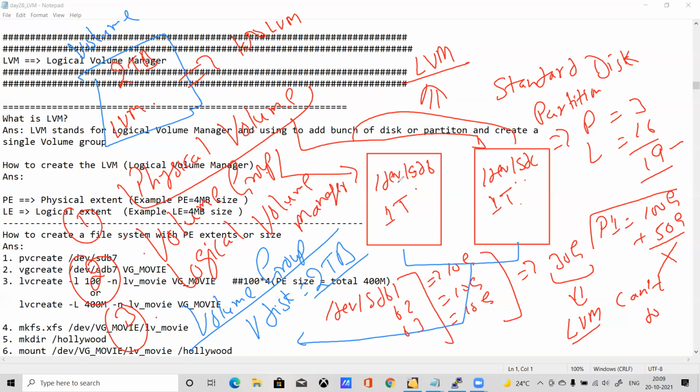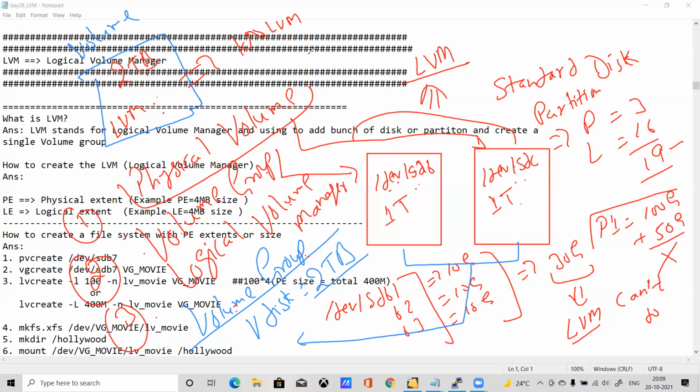Physical volume means the physical disks, your /dev/sdb and /dev/sdc. After that you create a volume group. As a layman, let's understand it as a virtual disk. On top of the virtual disk, you create multiple LVMs, called logical volumes.